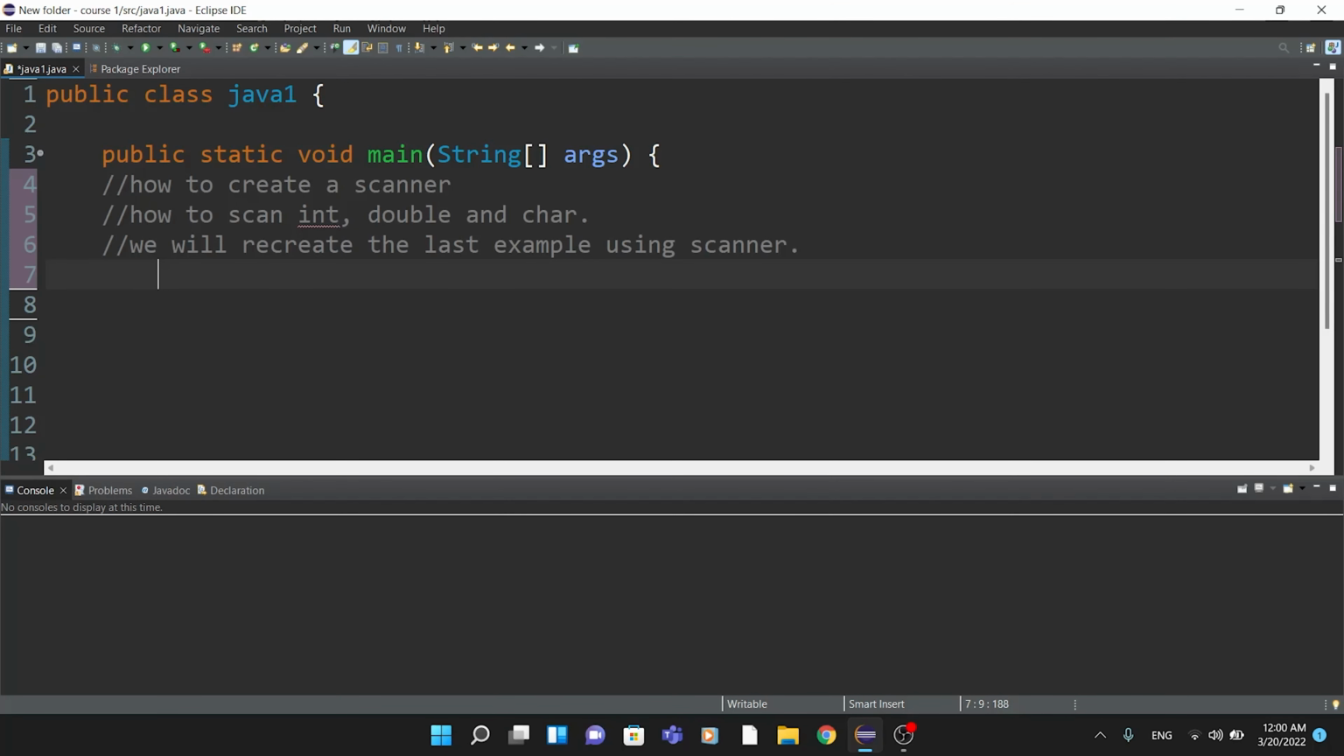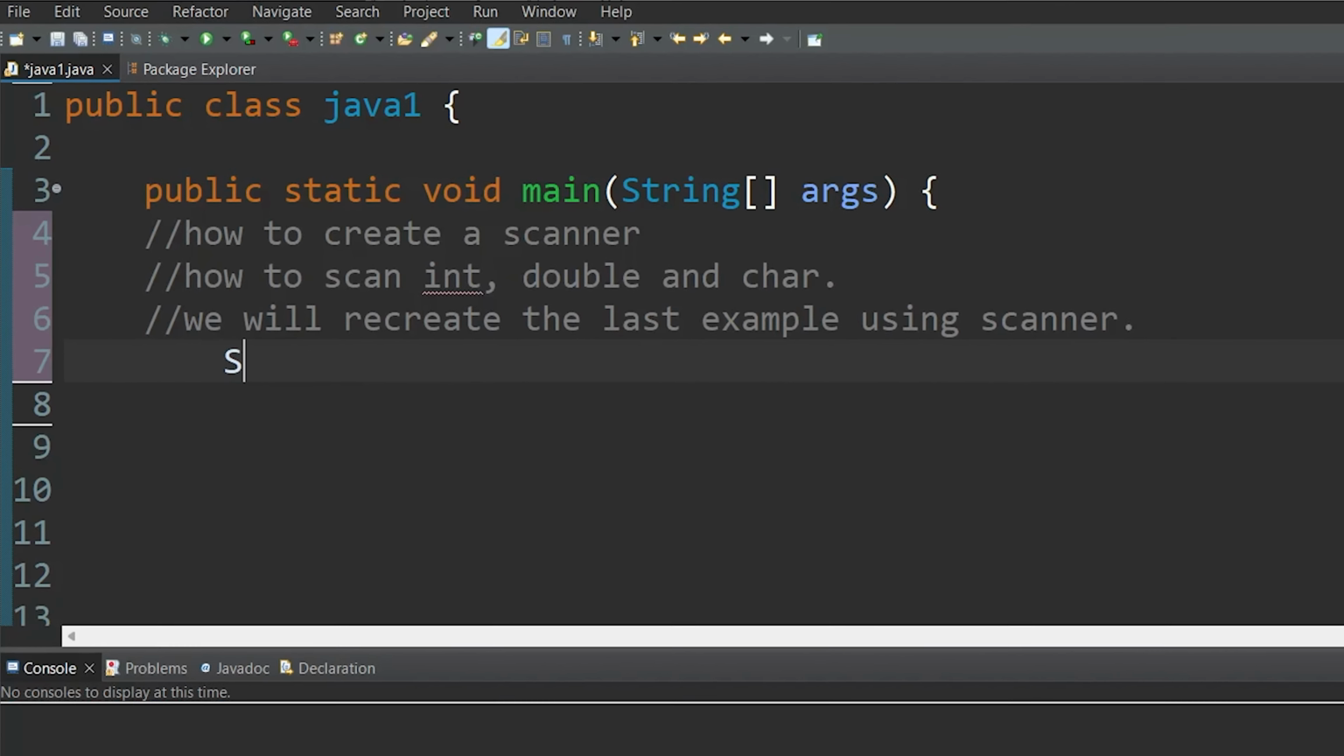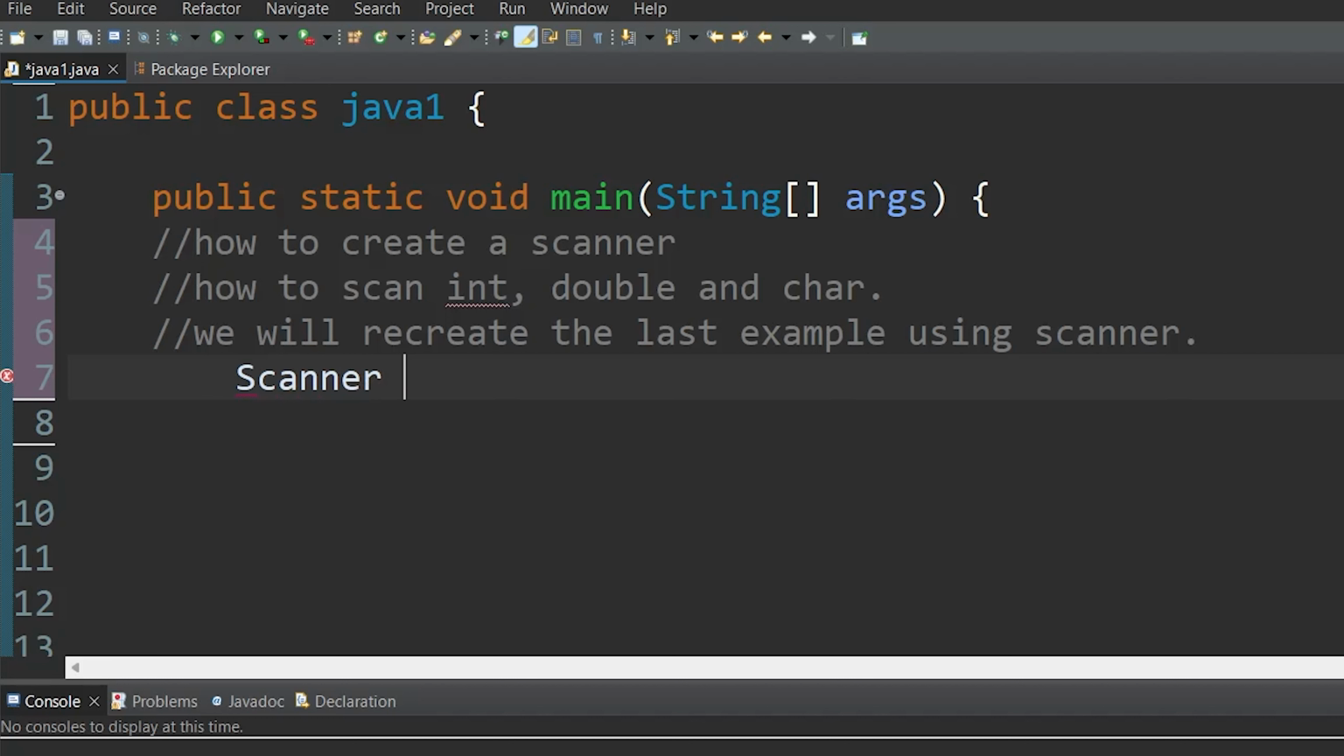Making a scanner in Java is super simple. We just write the word Scanner like this, then we give it a name, so let's call it scan, and now we write new Scanner because we are making a new scanner. Then in here we write System.in,